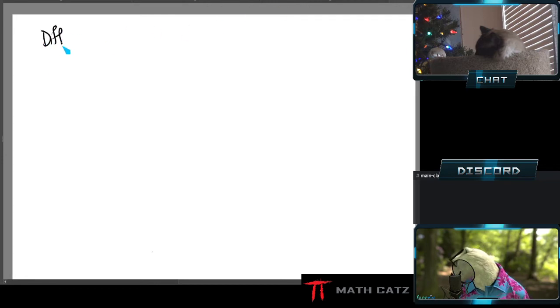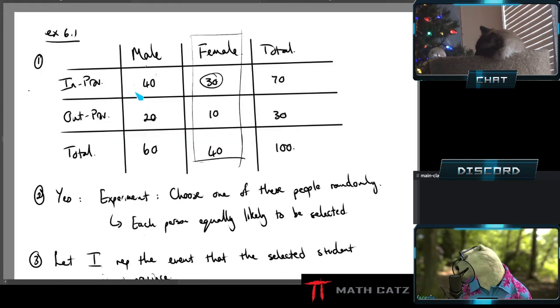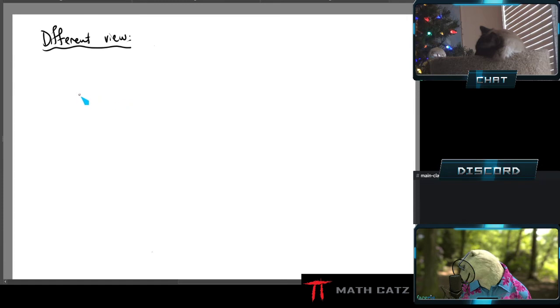A different view again, but this one's going to be very handy for certain kinds of problems where they give me percentages and proportions from the start and I don't ever have numbers. This view is going to be better, but it'll also work when I do have numbers. So it's kind of the catch-all method. That is definitely my preference.